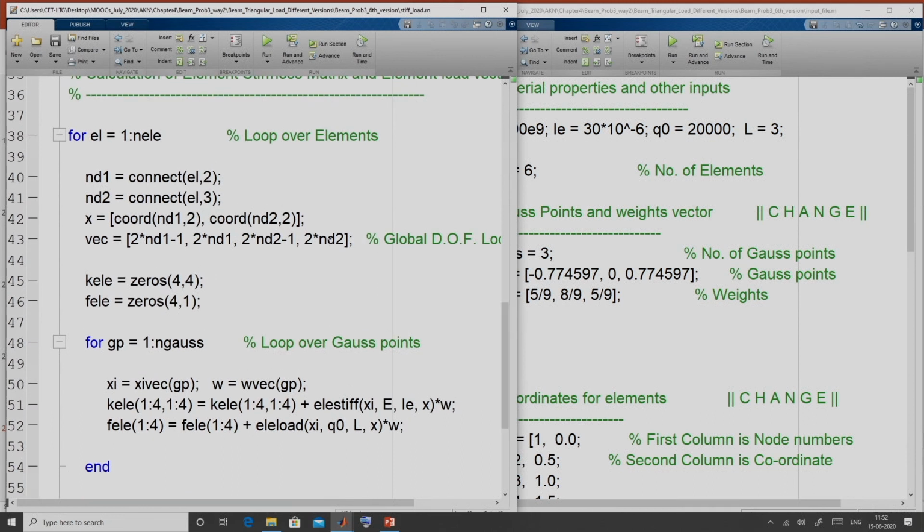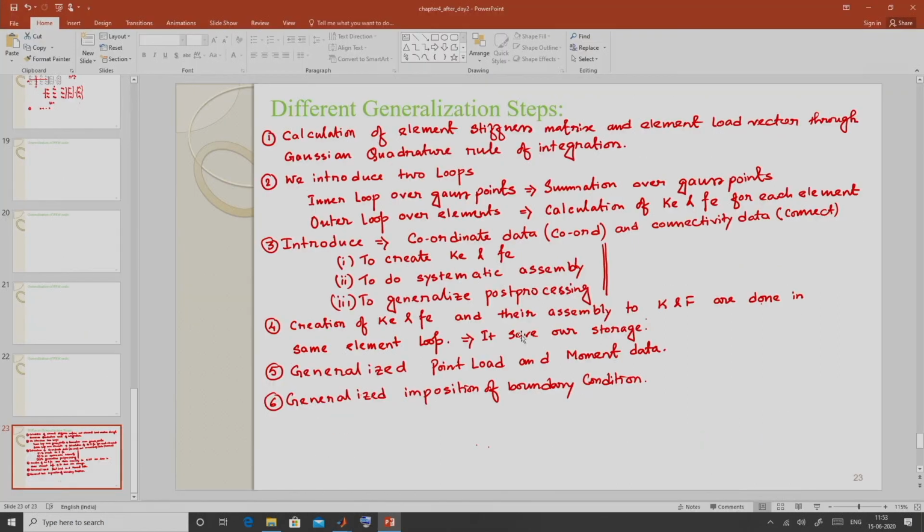We have constructed the address of each element stiffness matrix with this new array vec, and we use this vec array for the assembly operation, and also we have generalized the post processing.